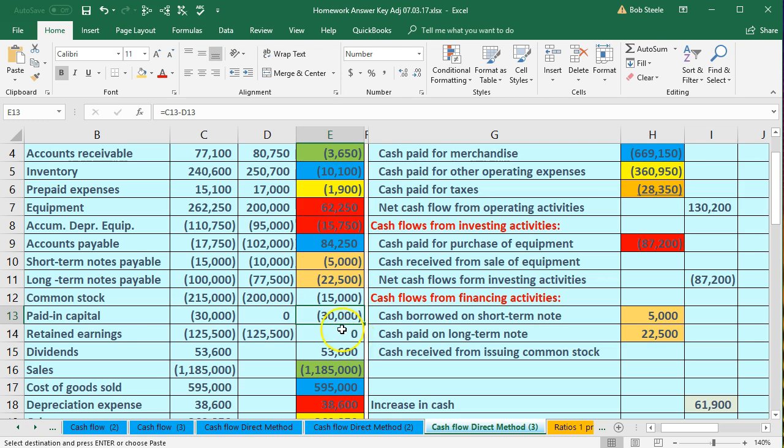The only tricky thing here is that these two we're basically going to combine. Why is that? Because if we sell the stock at a par value, what's the journal entry? We would get cash for whatever we could sell it for, the market price. We would credit common stock for the par value, which is some stated value, typically less than the market price. And then the difference would go to paid in capital. So these two, both the cash flows represent